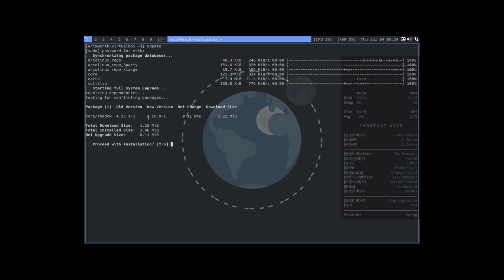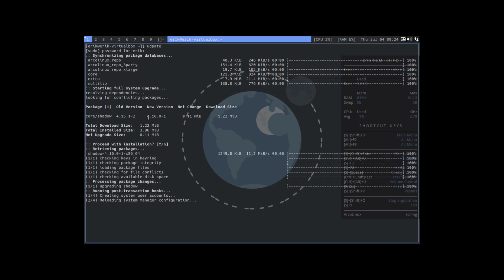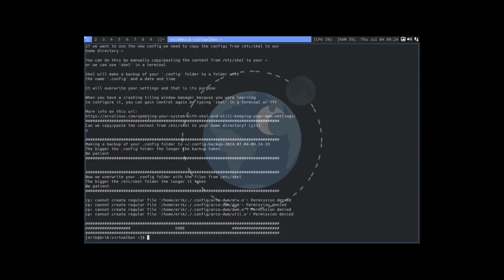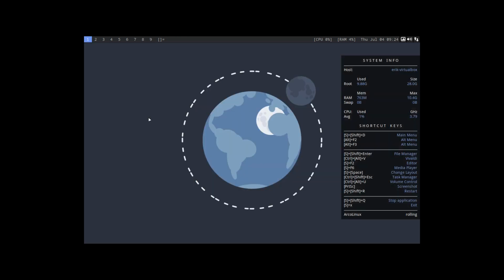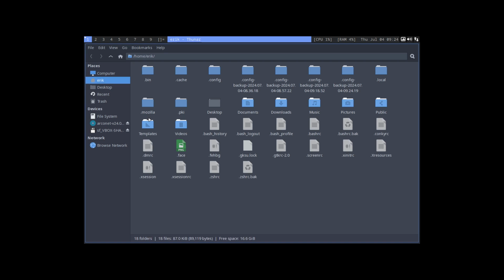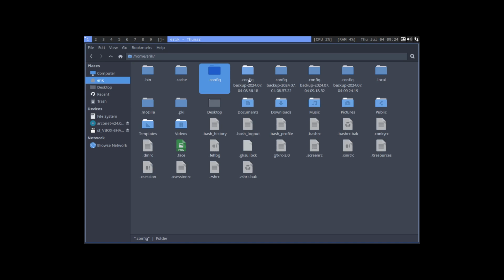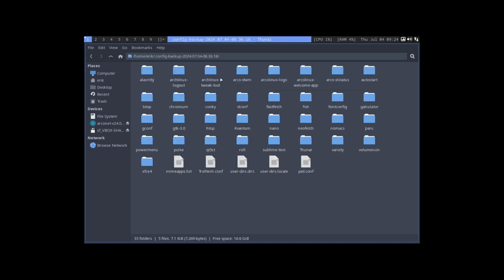If you're on this DWM from ours, you get an update in, then the package says, hey, the configuration is actually in /etc/skel. So if nothing has been changed, if you did not change anything, then skel is a good idea, because it's just going to copy paste over everything in /etc/skel. And that means that we have here a new file. This one is new, and these are all the backups because of all my skels in the past. So yes, your old DWM is still in here,